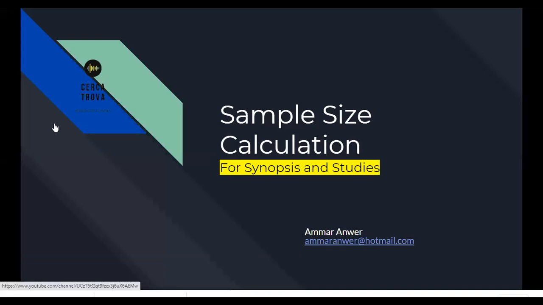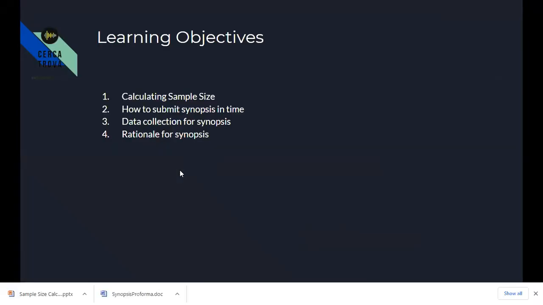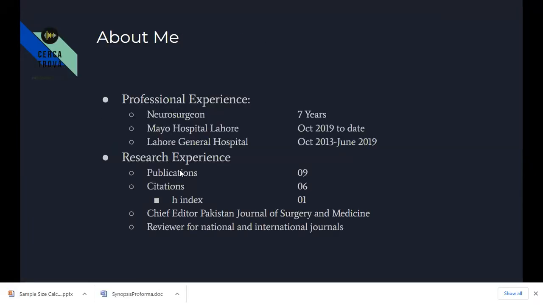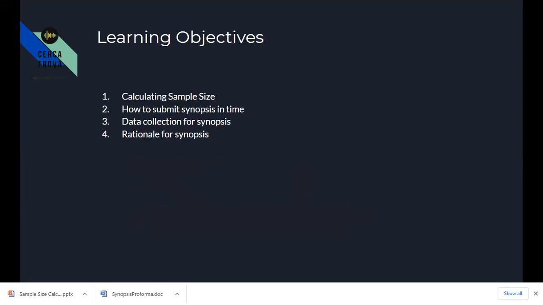Good evening, ladies and gentlemen. Today, we are going to talk about sample size calculation for synopsis and research studies. I am Dr. Ammar Anwar, and I'm a neurosurgeon by profession and chief editor of Pakistan Journal of Surgery and Medicine by passion. In this talk, we will be discussing calculating the sample size, what's the correct way of